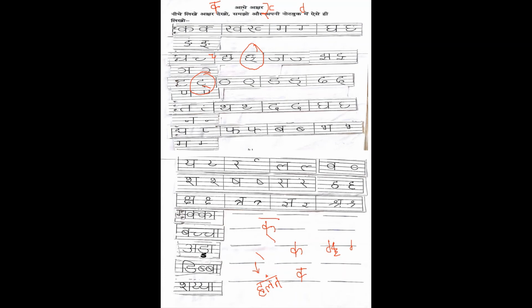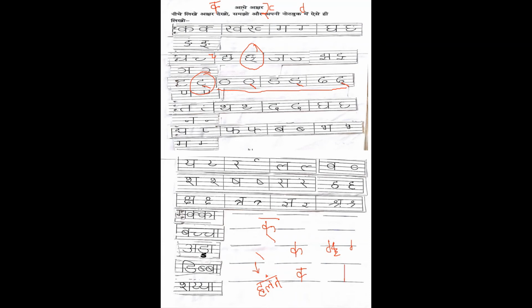Okay, so ta, tha, da, dha, this row will not have any standing lines, so it is a rounded shape. For that and all we'll use halant. For the remaining, if you remove the standing line, that will be more than enough. So see, pa, fa, ba, bha, ma, ya, ra, la, va, sha, sha, sa, ha, kshatra, gyan. Okay, what is the trick I said? If you remove the standing line, that will become half.